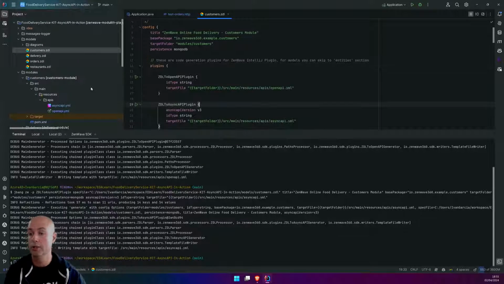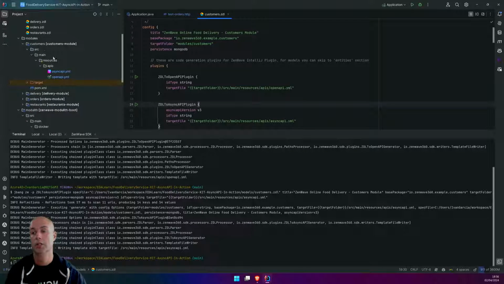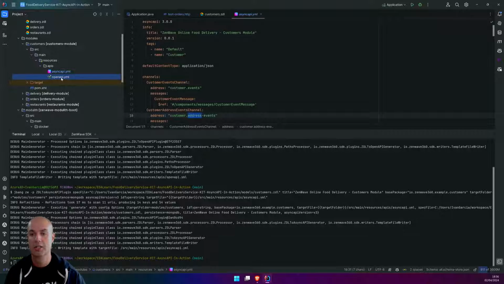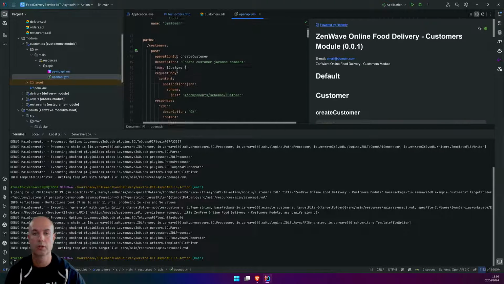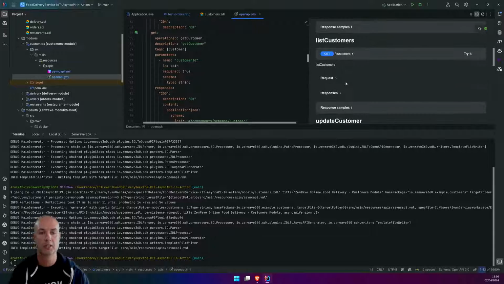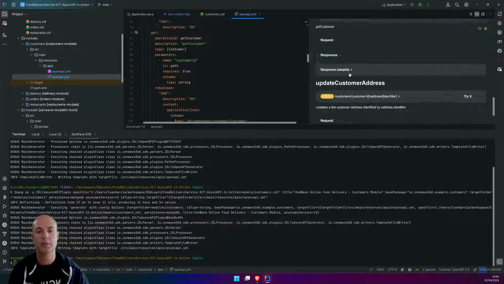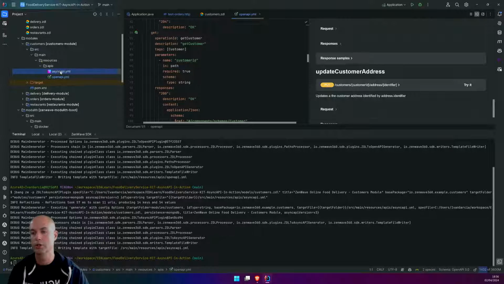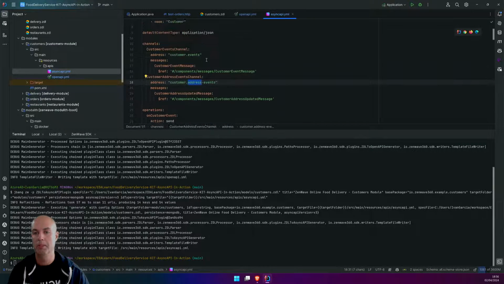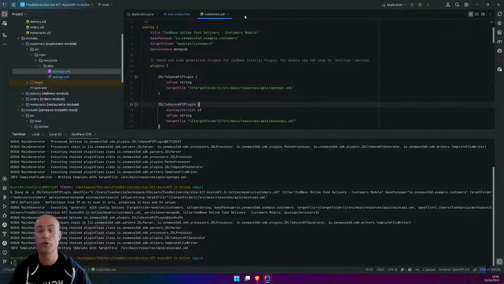So, okay, now we have an empty module with some API first specifications for OpenAPI for creating customers, listing, updating, deleting, updating the customer address. We also got an AsyncAPI file for publishing customer events and customer address events. And if your organization is following API first principles, which it is probably doing already, you already know that you can start a conversation right now with these API first files.